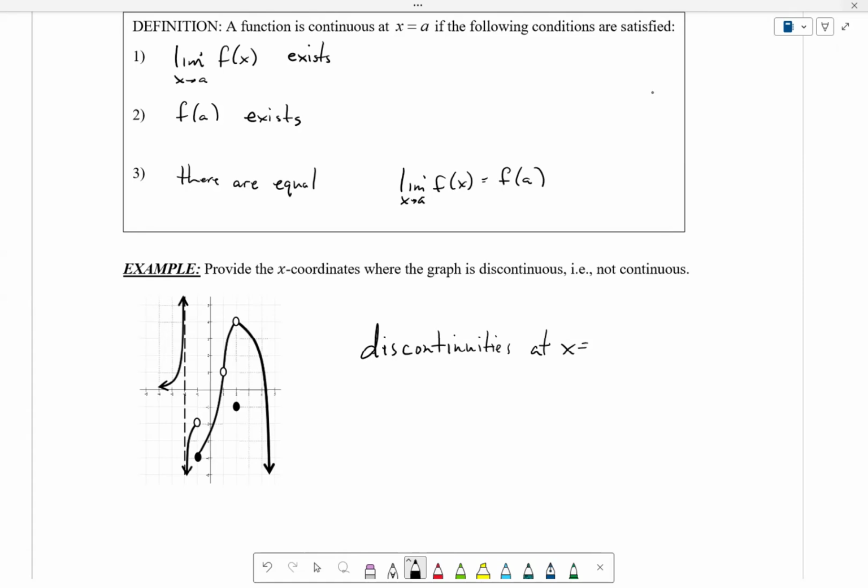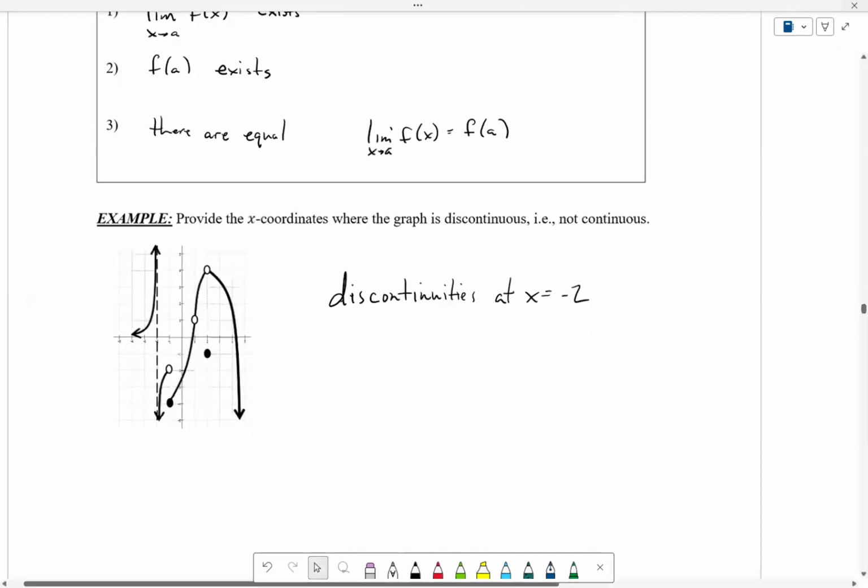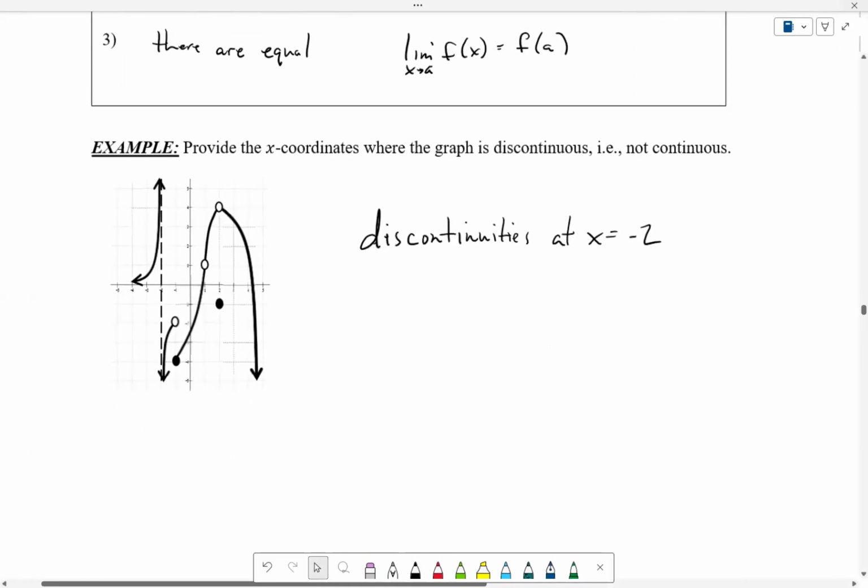The first one happens when x equals -2, right? There's no way you could draw it from left to right without lifting your pencil with that. And don't say, well, if you fold your paper like this, we're not talking about that. Put a hole in space-time continuum. No, okay. X equals -2. That's the first one. The next one is, of course, at